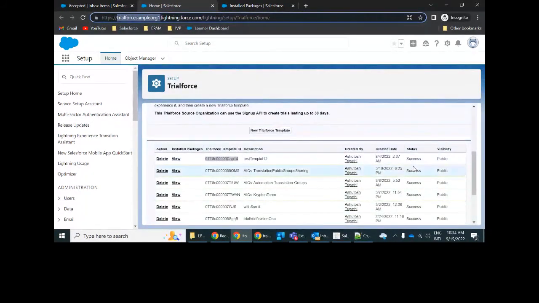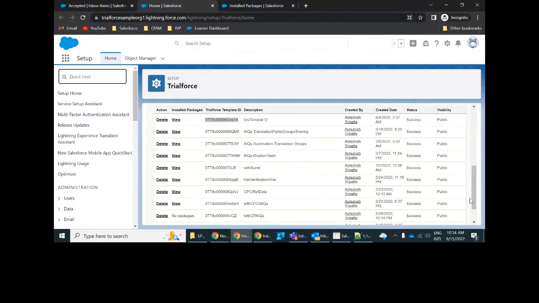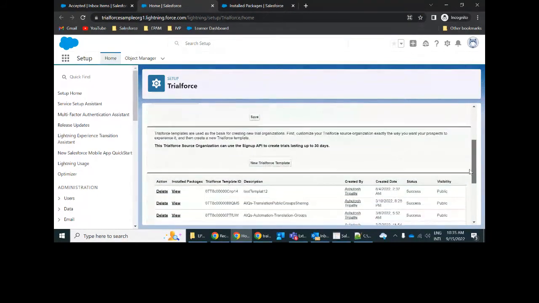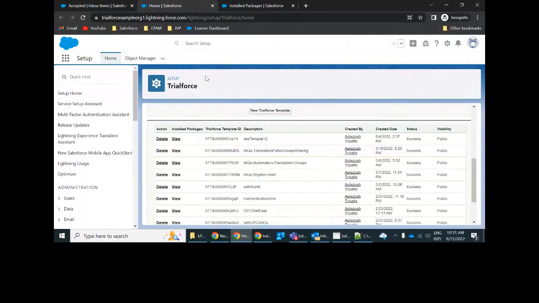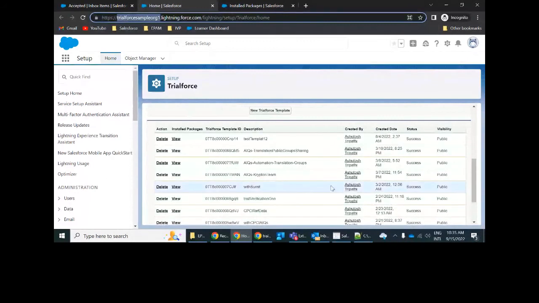Now let's say one more scenario where the customer reported some bug. I thought, okay, this needs to be fixed and the customer needs to be onboarded on the fixed version. What I will do is fix that and upgrade my package version here in this TSO. So in the installed managed package, you will see the upgraded version of your managed package.